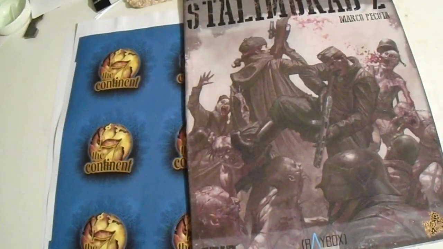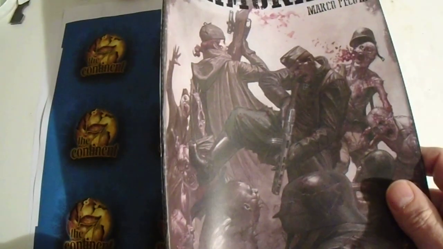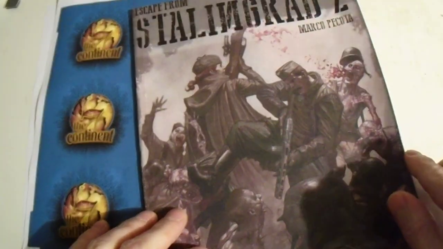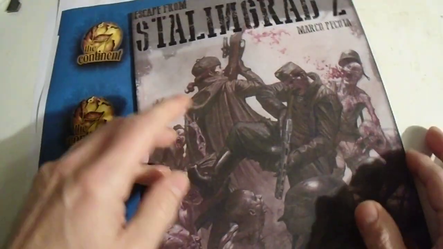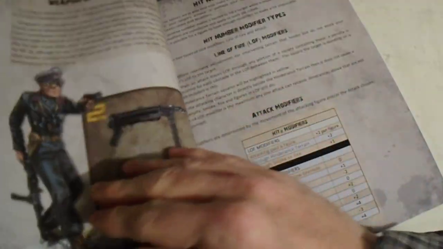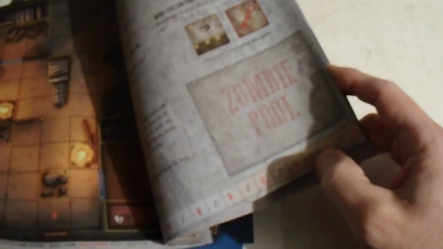Yeah, okay. And some other booklets that I found bound today is Escape from Stalingrad Z, and I made a crucial mistake because the game comes with scenarios. And where is the scenarios? Yeah. The problem with the scenarios is that